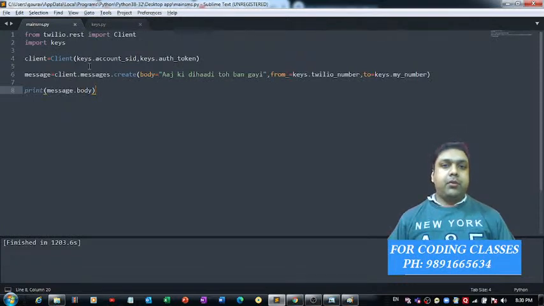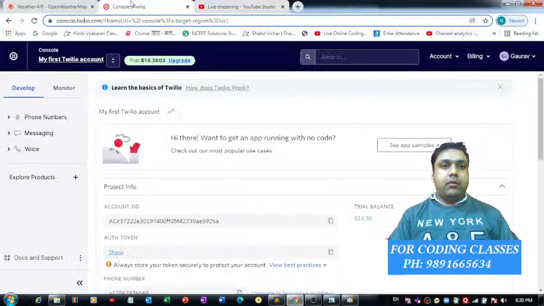Here I'm going to tell you how, with the help of simple Python code, you can send an SMS on your phone or on your mobile number. So that's the name of the library which you need to install for connecting your Python code with this website